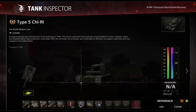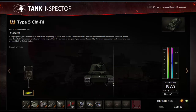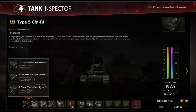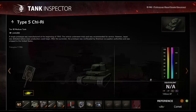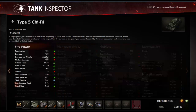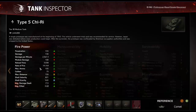When I played this tank, it didn't get ammo so much. Also, another theory is that you can use this gun, which is the same gun but without the autoloader, but in this case it's a much worse combat, if I'm honest. I mean, it does have a better DPM and its reload time is pretty okay, as you can see, 3